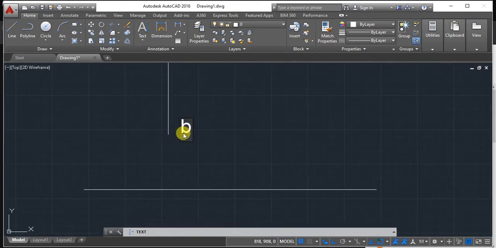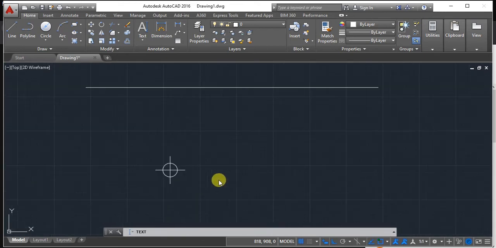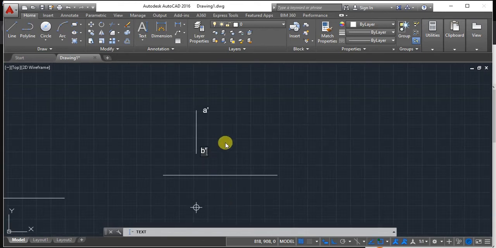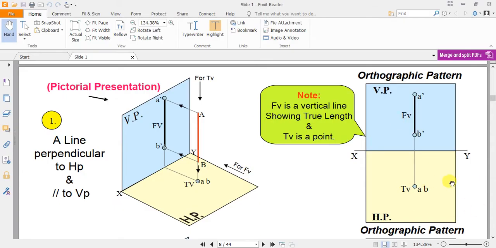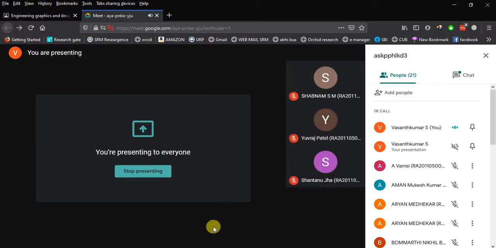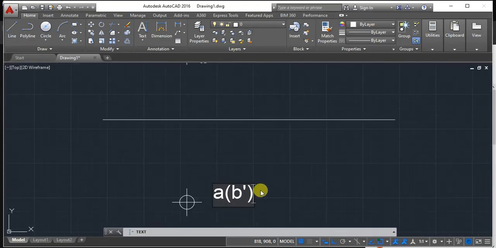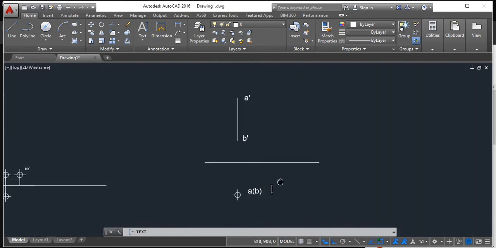then B dash. This is the front view, but when you are looking from the top side, only point A dash will be visible, but B dash will not be visible, or point A will be visible, B dash will not be visible. So how to make this? First thing is A, followed by B dash. If you are keeping this point in brackets, that means you are basically understanding that the point is not visible. In the PDF it is not given, but this is how you have to notate it. Sorry, this is not B dash, this is B. So this is how you have to notate it, right?